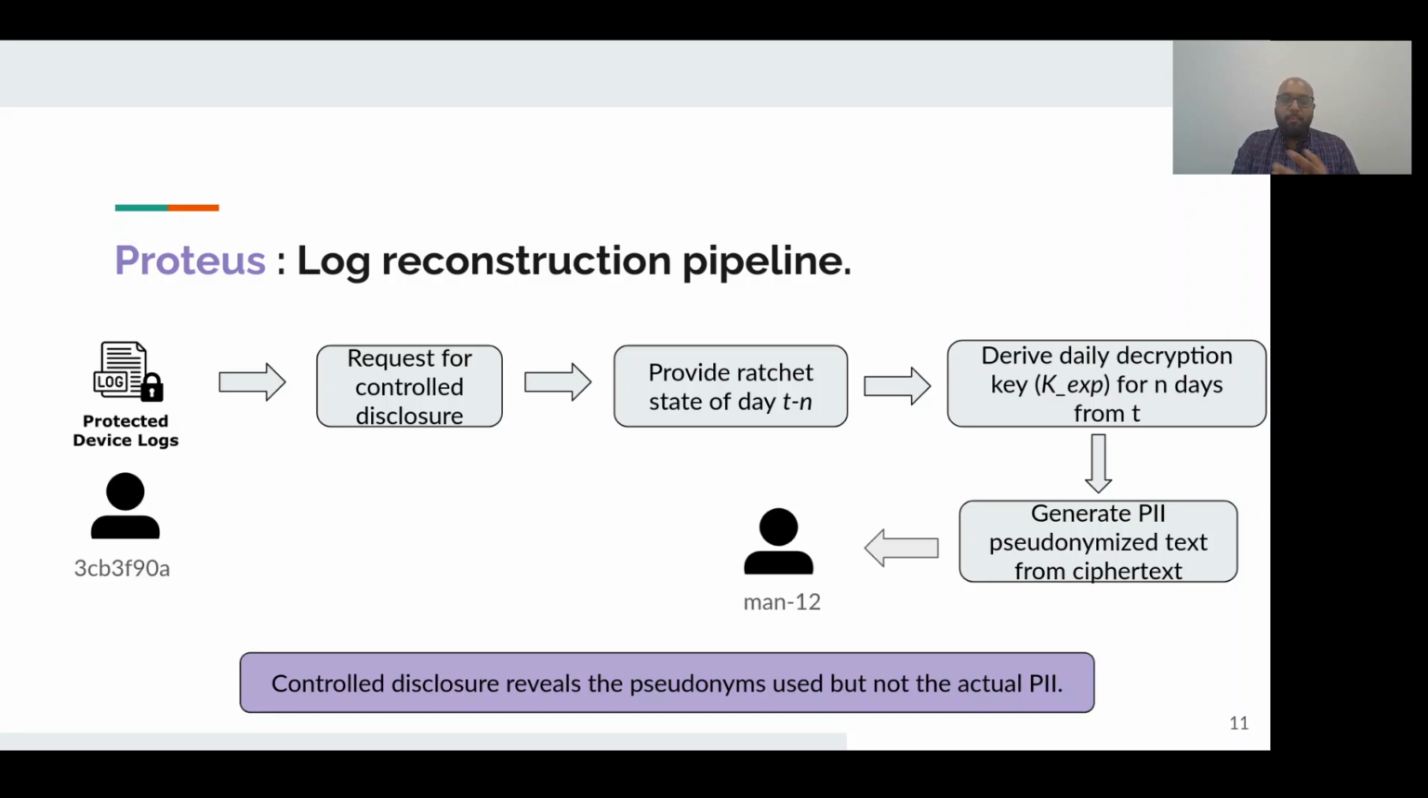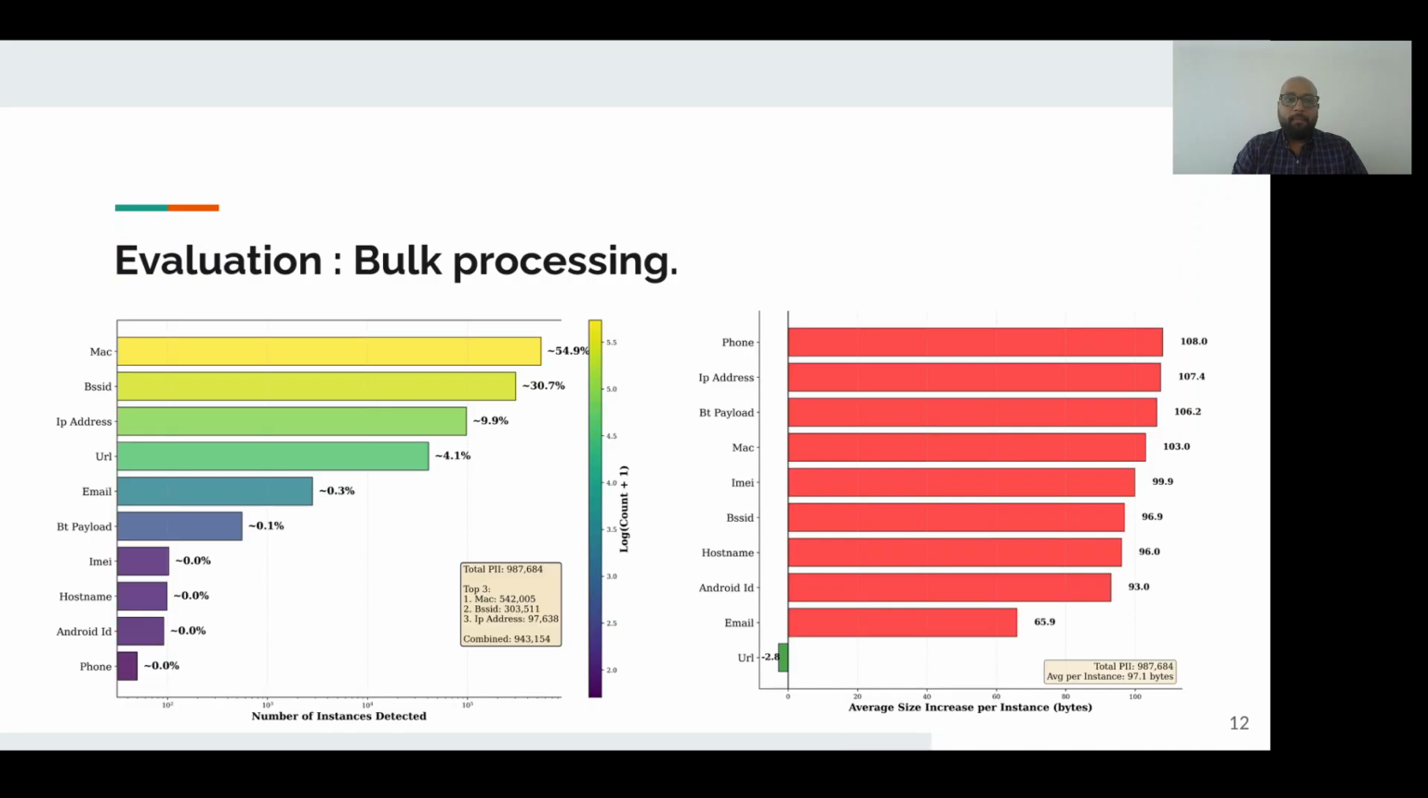Essentially, the server extracts these protected device logs where they only see the ciphertext related to Harry Potter, and after going through the log reconstruction pipeline, they are only able to recover the pseudonym text that was used, but not the actual PII. We validated our mechanism using a bulk processing pipeline where we leveraged an open source dataset